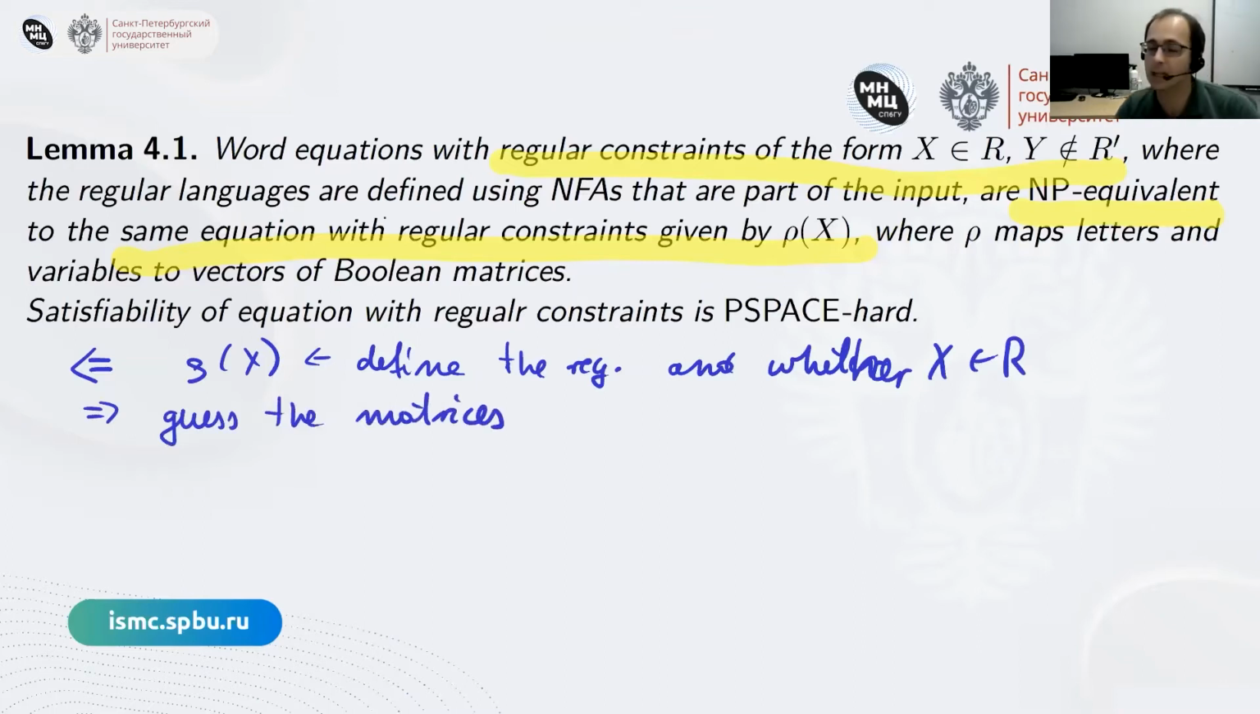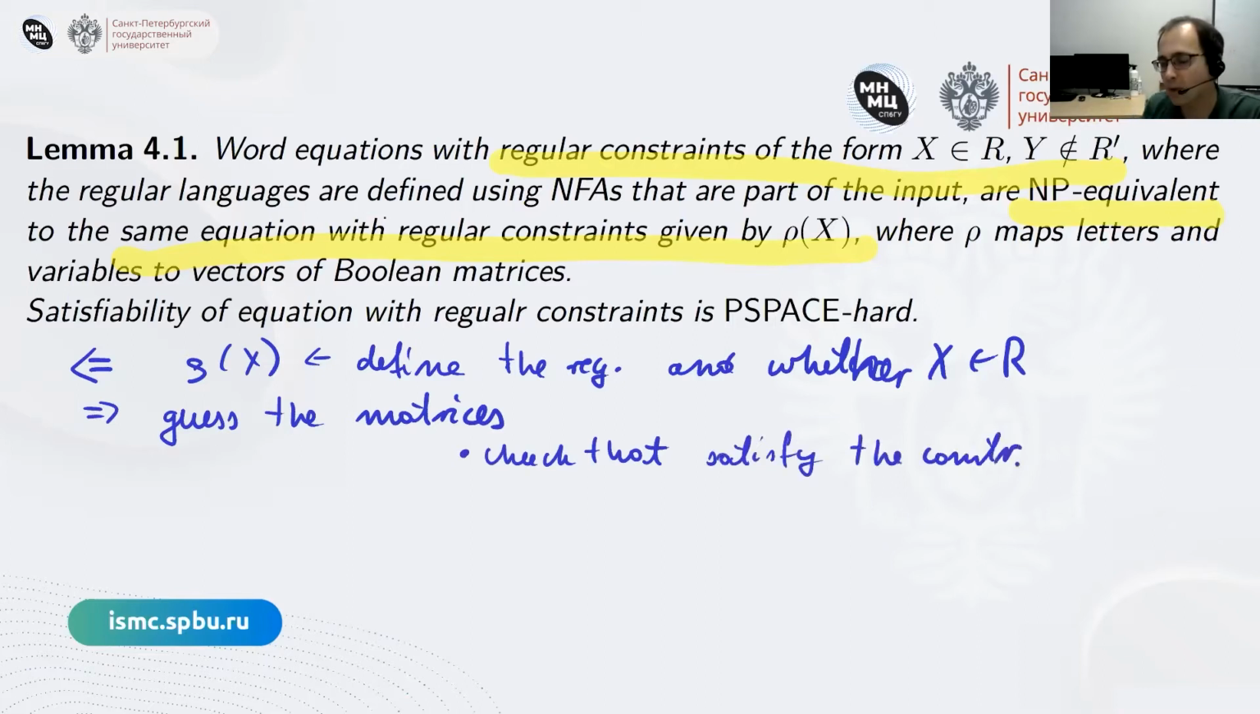Guess the matrices, check that, and check that they satisfy the constraints. The constraints, meaning that if you know what's the transition matrix, then you know whether the word belongs to some regular language or not. Okay, and as a last thing